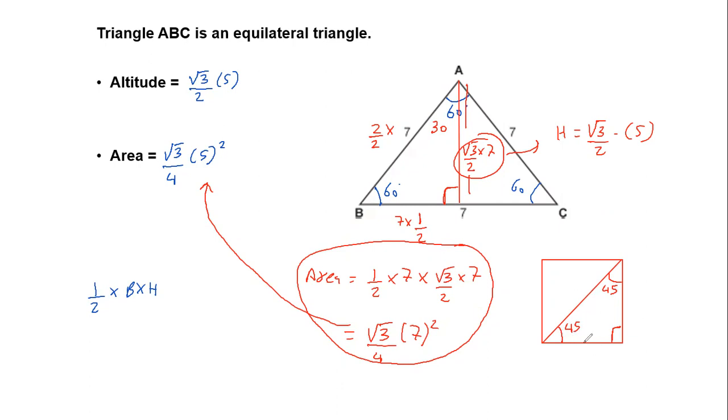That means the side in front of 45 is 1, the side in front of 45 is 1, the side in front of 90 is root 2. So if it's side, it will be side, side, side root 2. So you should be directly aware of the fact that for the diagonal of a square, you don't have to apply the Pythagoras theorem every time. The diagonal of a square is directly root 2 times the side.